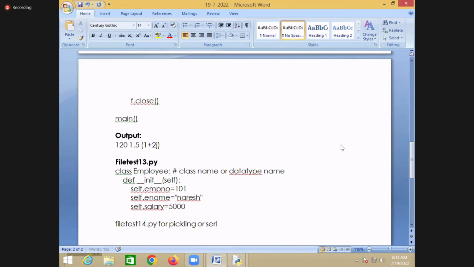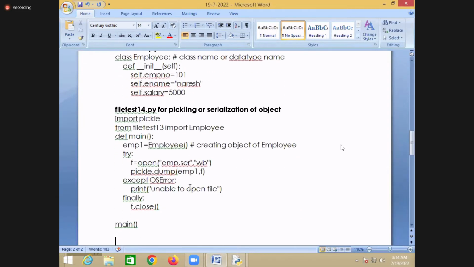Pickling or serialization of an object. Serialization of the object is done using this approach. So file test 14.py is for pickling or serialization of which one?